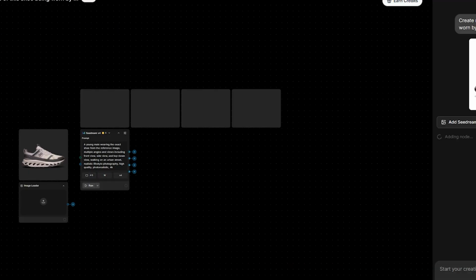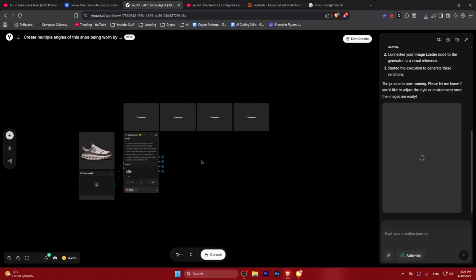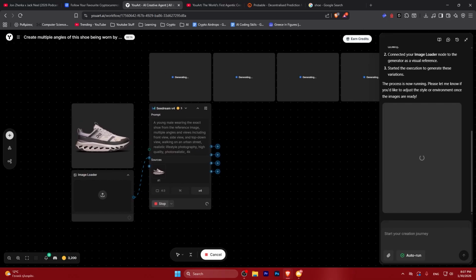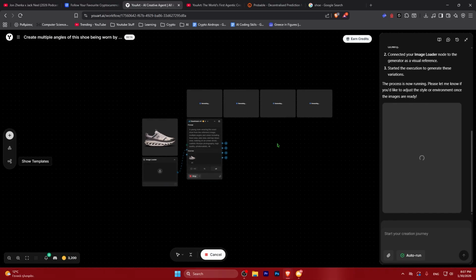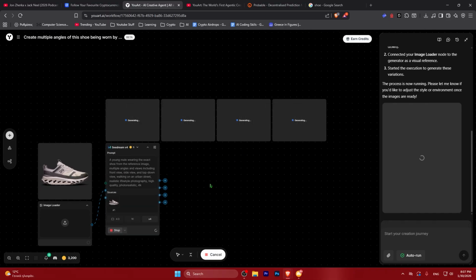As we can see here, YouArt begins by creating a workflow that looks like ComfyUI workflows. This is really amazing because I was searching for a tool that is able to create this kind of workflows because this allows us to fine-tune, fine-grain, and do changes while also tracking the prompts we used. So YouArt is able to do that, and I find it super amazing. Having these kind of workflows for your generation tasks really changes the game. Like you can go back, tune a little bit the prompt, get a new set of generations while keeping the